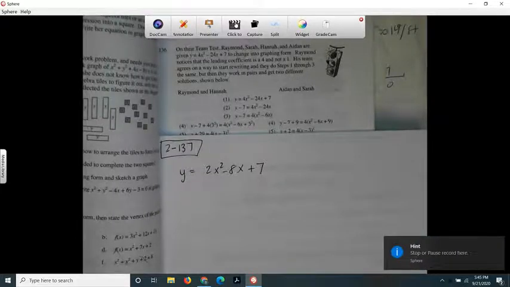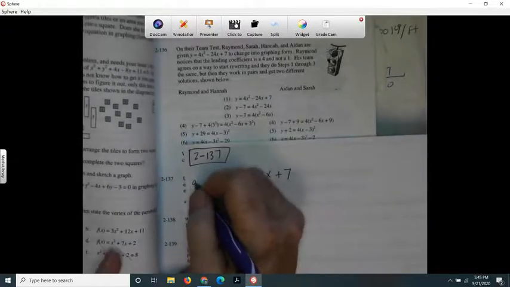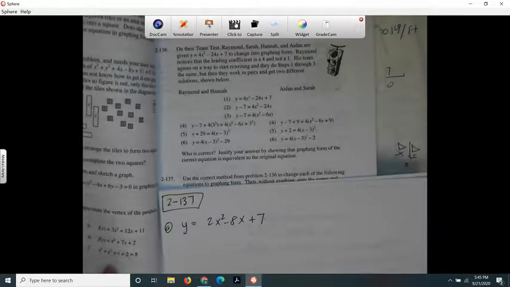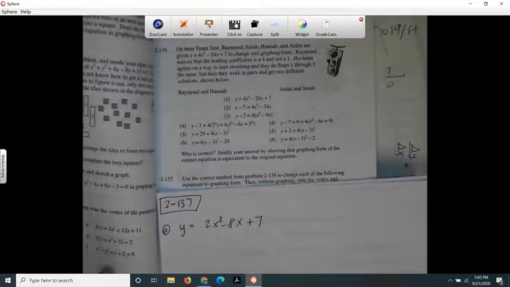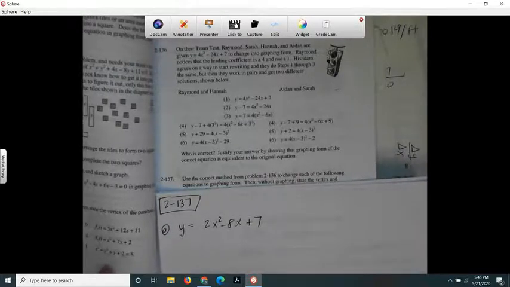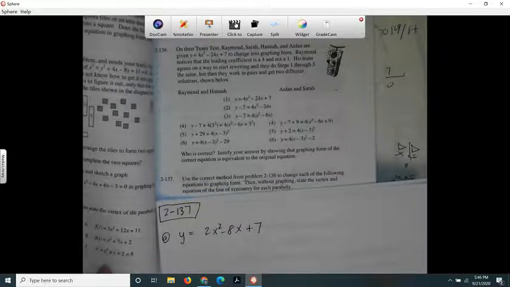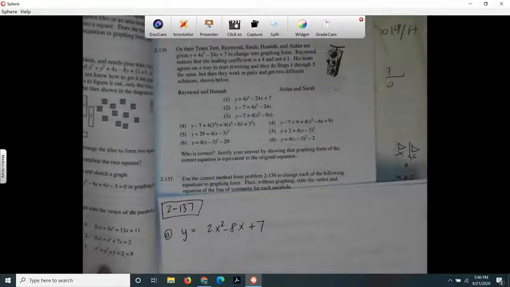Here's Integrated 3, problem 2-137. Here's letter A. It says, use the correct method from problem 2-136 to change each of the following equations to graphing form. Then without graphing, state the vertex and the equation of the line of symmetry for each parabola. So this first parabola,